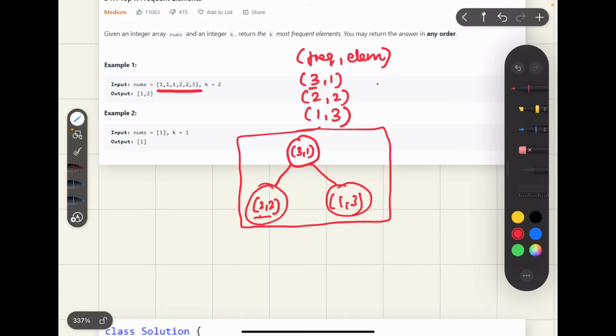As we discussed, to make a heap of size n, it is going to take big O of n time. And then I'm going to call the extract method k times, and since the size of the heap is going to be n, each time the extract method is going to take log n time. So we already know that the time complexity for the delete or extract method is log n. So the final time complexity is going to be big O of n plus big O of k log